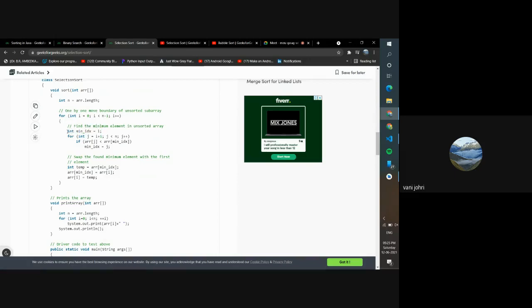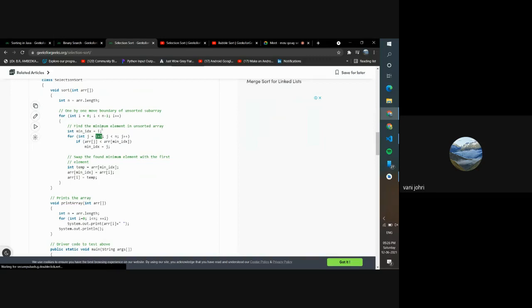That's why we took an integer, minimum index, and we set the minimum index of that element, let's say, to i. And then we run a loop from i plus 1 till less than n. Why i plus 1? Because comparing the value at i with i itself doesn't make sense, right? If you're comparing a number, why would you compare the number by itself? It's useless. So you start from i plus 1 till less than n, which is till the last element, and